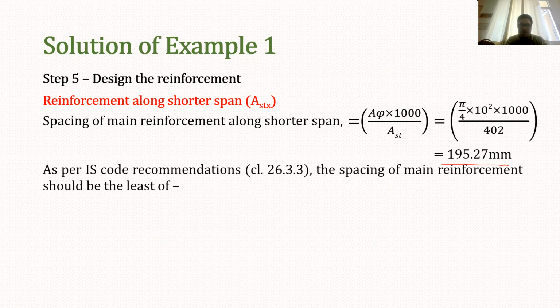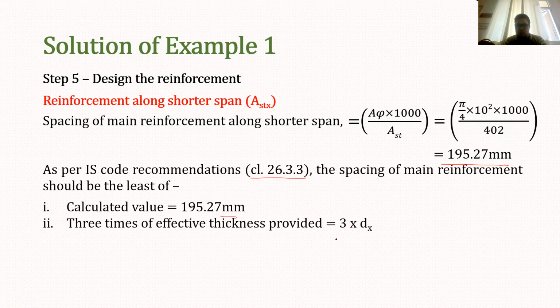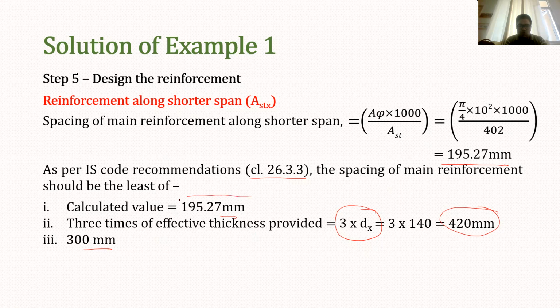If we refer to this clause of the IS code, which is 26.3.3, as per this code, the spacing of main reinforcement should be the least of the calculated value, which is 195.27; second, 3 times the effective thickness provided, which is 3 times dx because we are calculating for the shorter span, and calculating this we get 420 mm; and third, 300 mm. Among these three values, the lowest is 195.27. So we will provide reinforcement